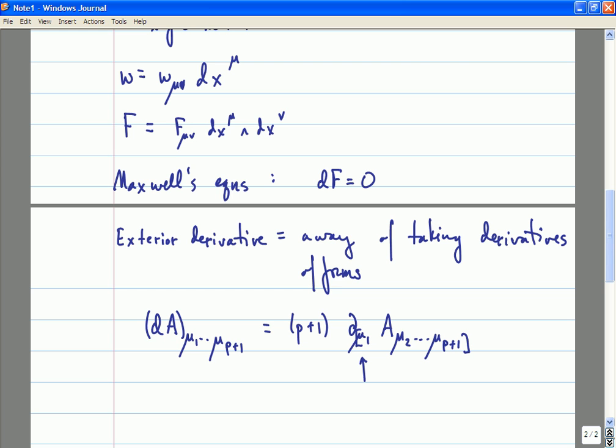And so you should not be surprised that many laws of physics are most easily formulated in terms of differential forms. There's a sense in which the differential form is the most basic structure that you can introduce, which allows you to take derivatives and integrals in a way that is coordinate invariant, independent of your choice of